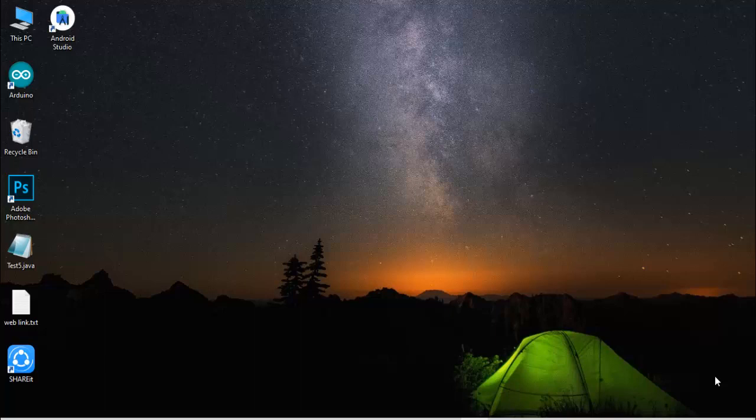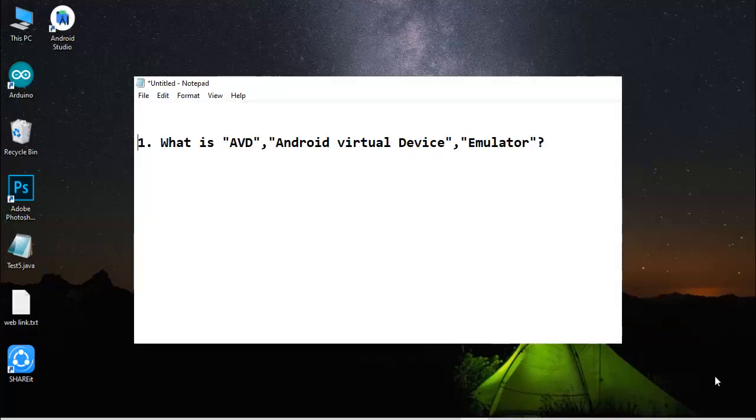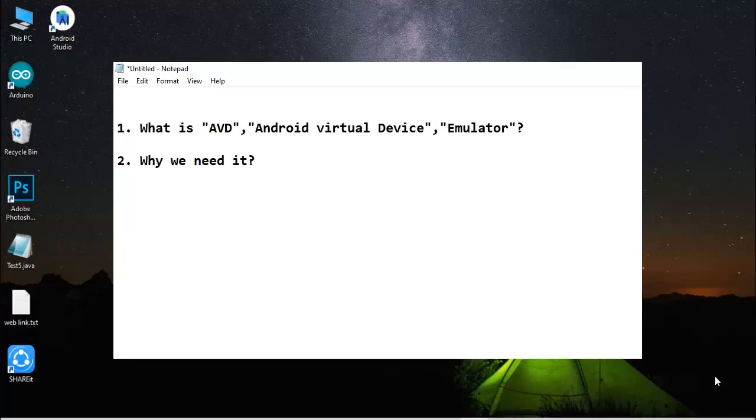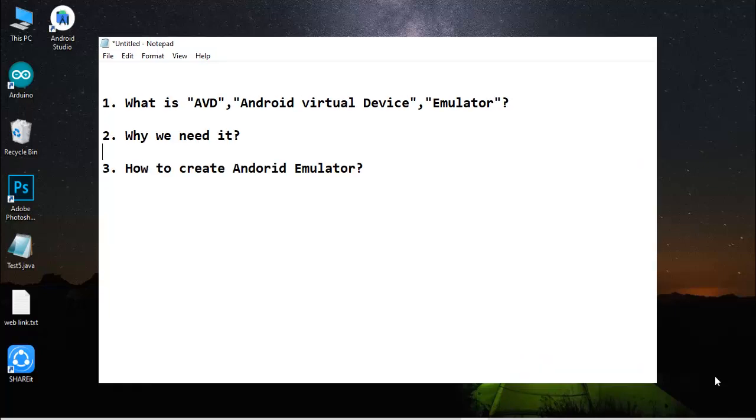We will explore 3 points in this video related to emulator: what it is, why we need it, and how to create Android emulator. So if you really want to know about Android emulator, then stay here, watch this video